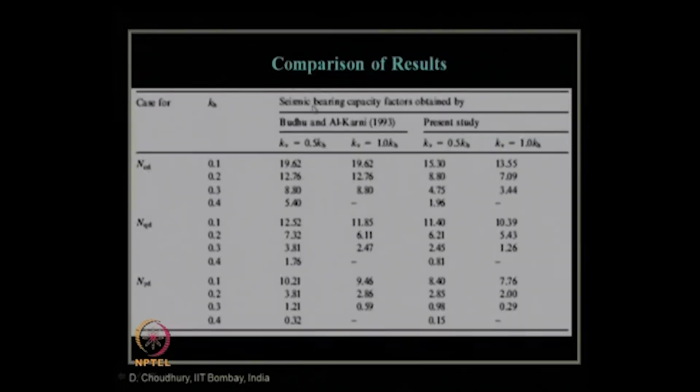The comparison of results shows that the present study gives a critical value of this design factor, the bearing capacity factors, compared to previous researchers who did similar analysis, like Budhu and Al-Karni 1993, published in the journal Geotechnique. But our values are critical because we considered a one-sided failure mechanism, and also the partial mobilization of passive earth pressure on the other side, as no failure surface is developed at one instant in the direction of acceleration of seismic